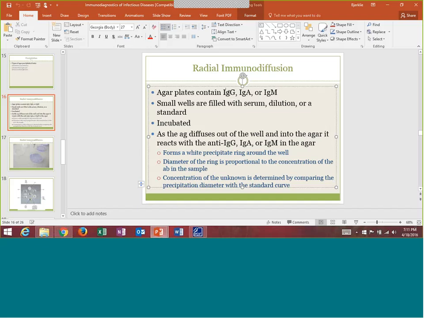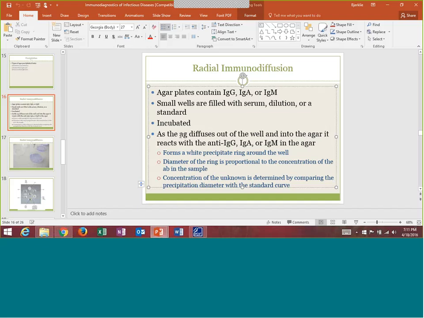They'll either contain IgG, IgA, or IgM. They will fill up those little wells with a dilution or a serum of some sort. They'll incubate it, make it nice and toasty warm. And as the antigen diffuses out of that well and into the agar, it will react with the antibody in the agar. So again, if you put the patient's serum into the well, the antigen in that patient's serum is